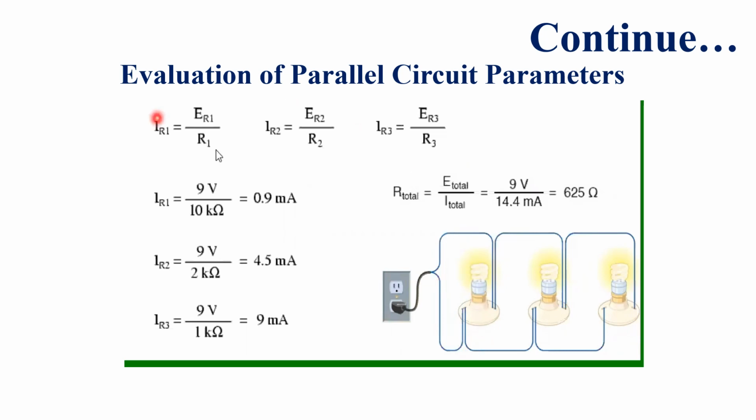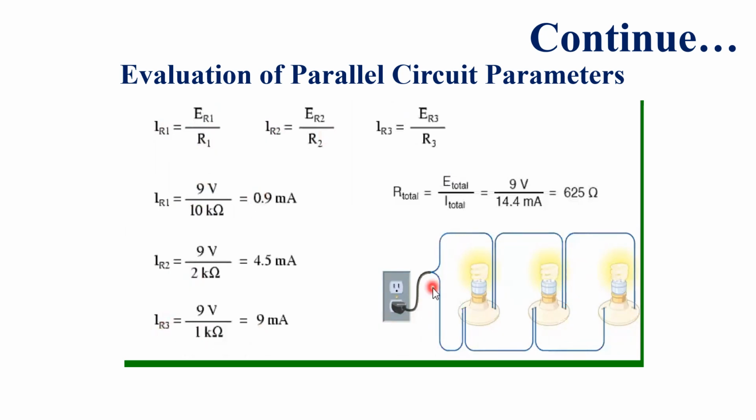we have to use this formula, which is based on Ohm's law, which is V equals IR. When we have the resistance value and the voltage value present, and we need to find the current through this resistor or bulb, we will use this formula: I equals E divided by R1. So I1 is basically equal to the 9-volt battery divided by 10 kilo ohm resistance. So I1 is equal to 0.9 milliampere. Same case for the current I2 and same case for the current I3.